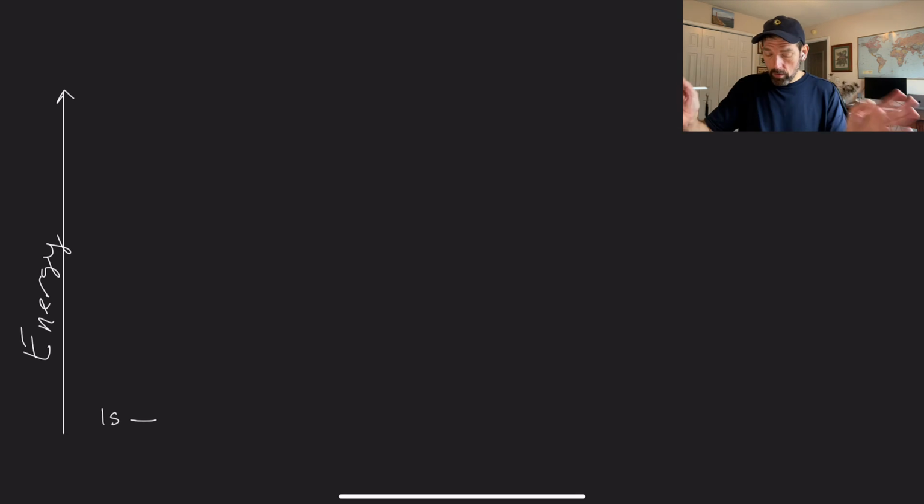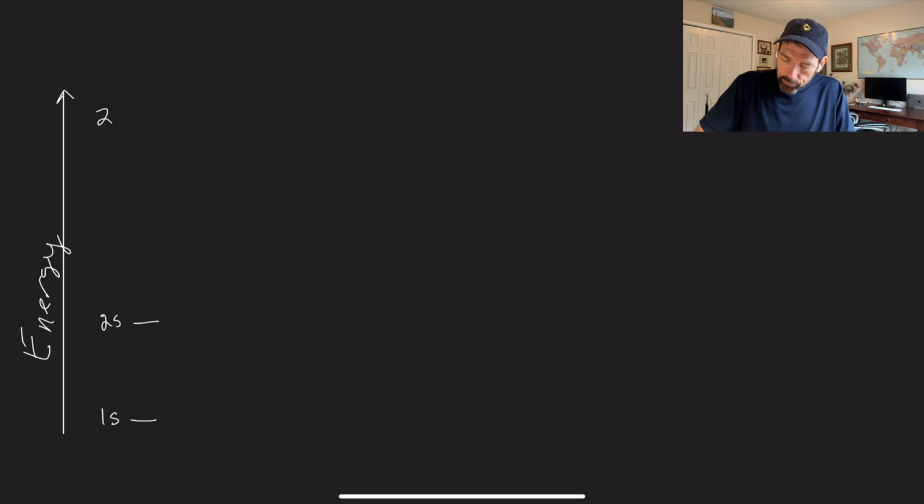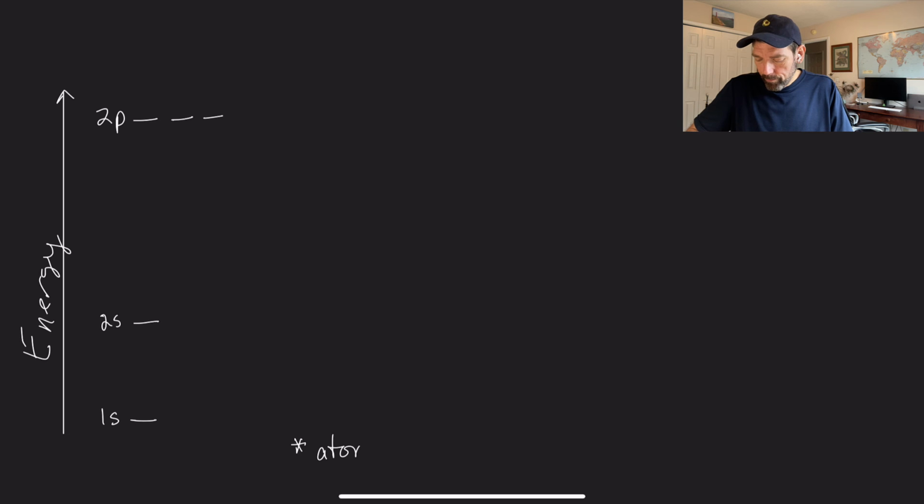This occurs wherever it is. Right? And then we've got 2s, and then 2p. So if we have a hybridized state of an atom,